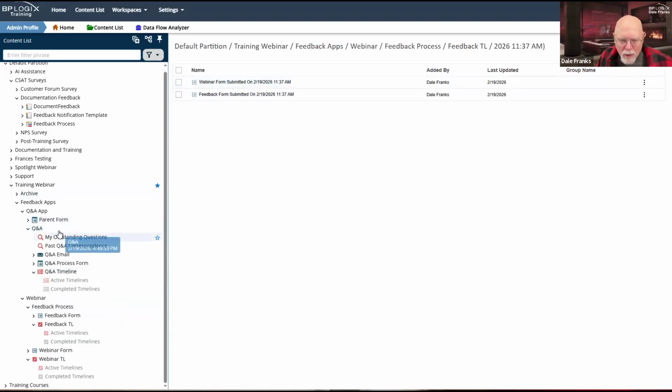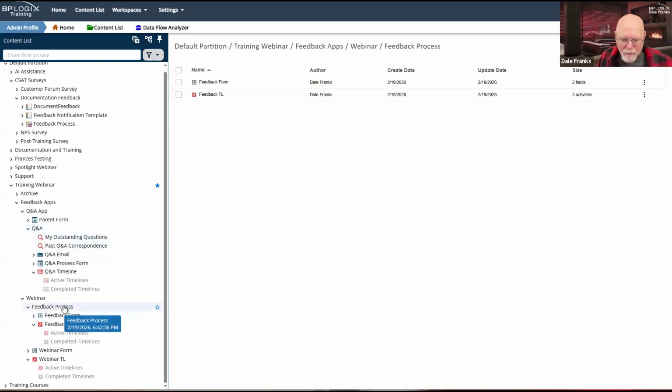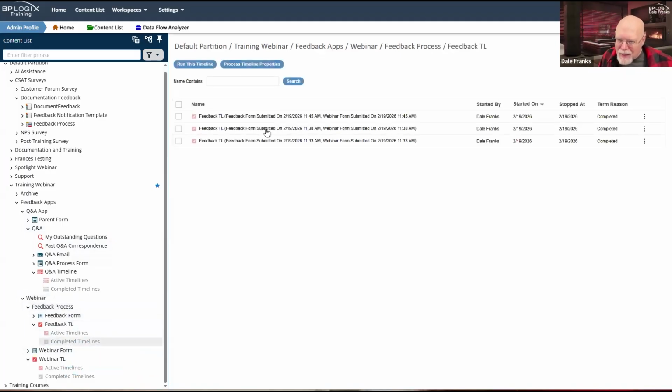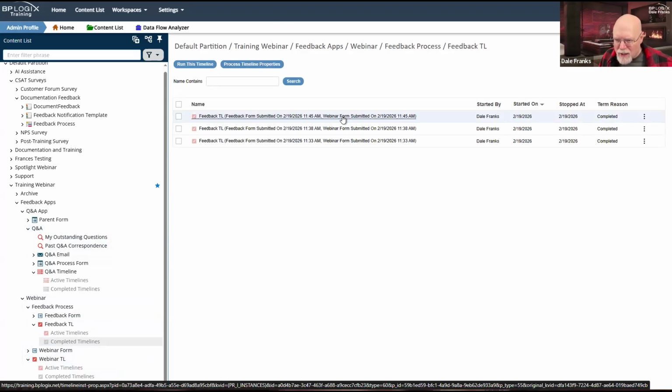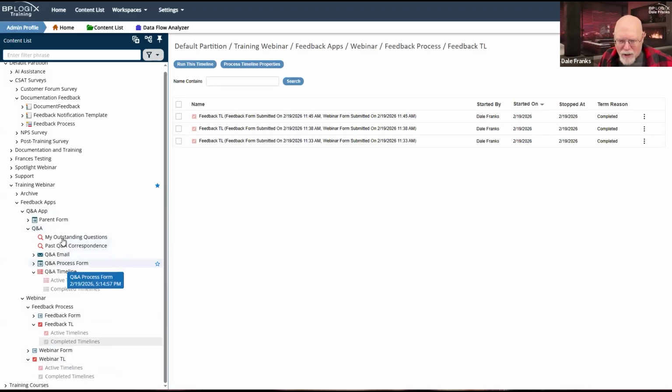However, I don't know if the permissions set on your feedback process govern what I would see in my timeline instances, or whether the permissions set on the parent objects would govern what I see as far as the form instance itself. Because the initial webinar form instance, I might not have permission to see. So I'm not entirely certain how that works. That's something that you're going to have to test out and play with.